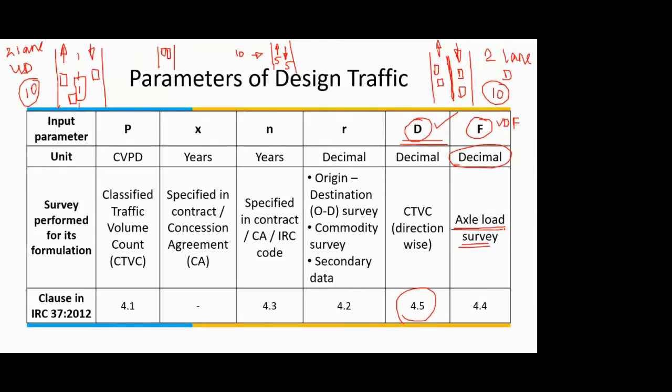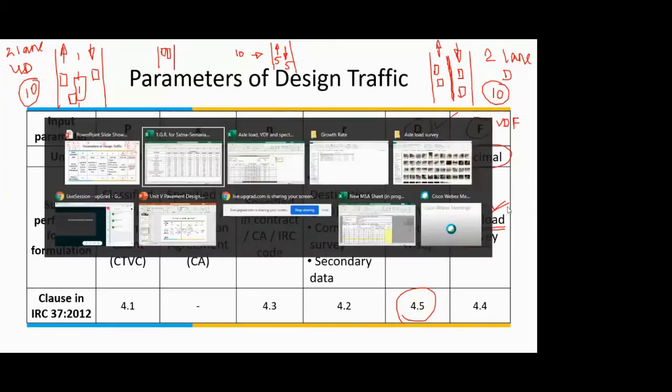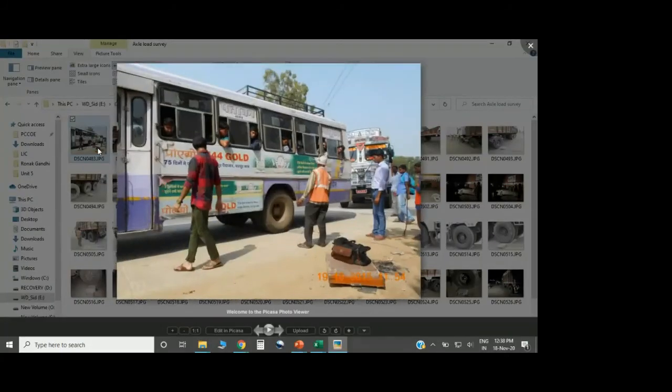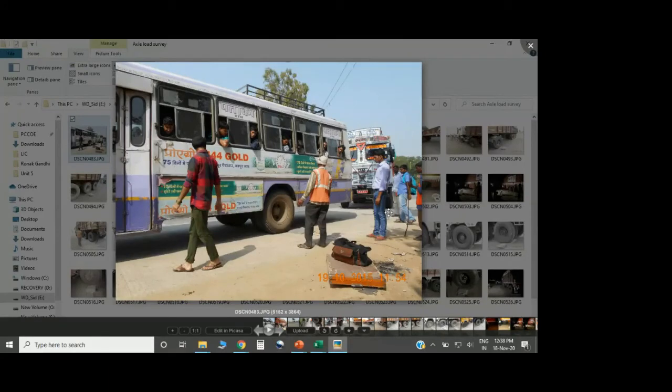So in axle load survey, from the name itself, you'll understand that you know what the axle of a vehicle is. And what we are doing in the survey is we are finding out how much is the load on a particular axle of that vehicle. And for that, we have such kind of setup. It is sort of a random thing like you do in the OD survey, where you randomly stop some vehicles and you ask questions. So similarly in axle load survey, you randomly stop some vehicles and you weigh their wheel load.